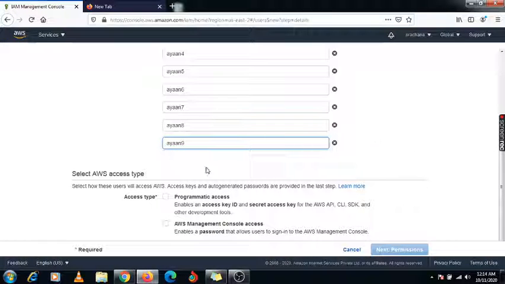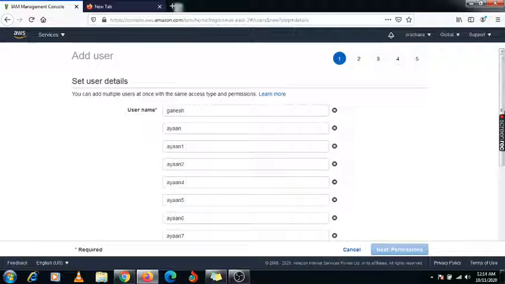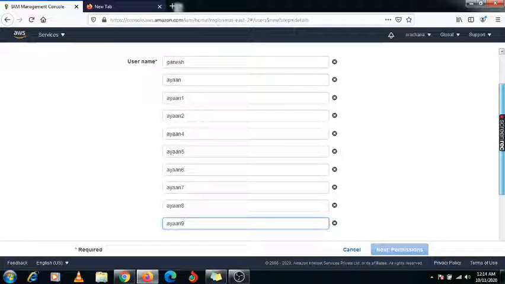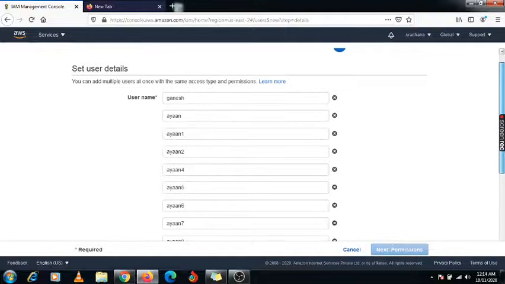So you can create multiple users, but the user count is 10 maximum. You can create a maximum of 10 users at the same time. Previously we could create 5 users, but right now this console is updated and we can set the user limit as 10. So you can create 10 users at one time.